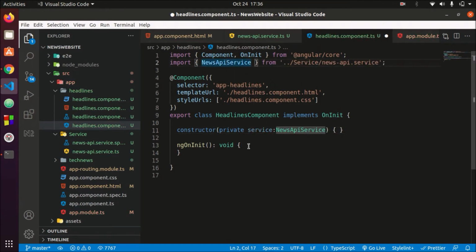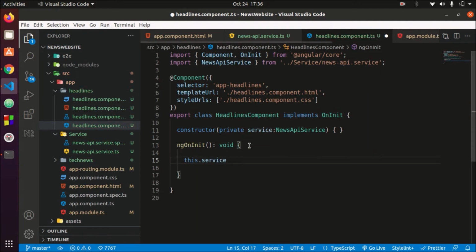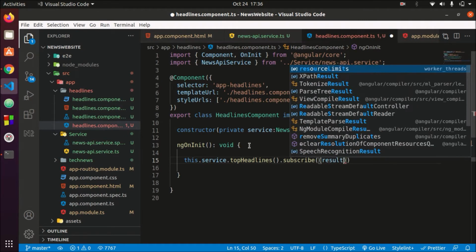Now on init, whenever this page loads, we want to get the news, so let's get it. So this.service.topHeadlines, and now we will subscribe to it. So subscribe. Now let's store the result in result.